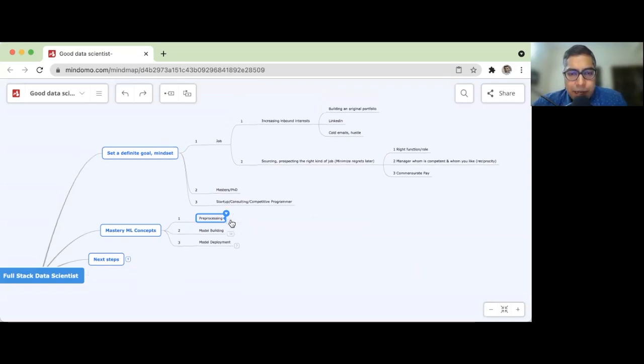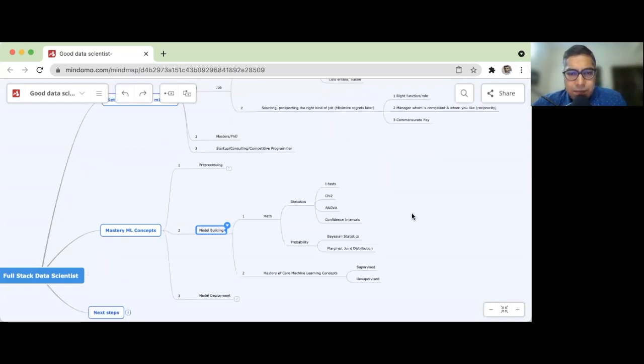In terms of model building, at the core, it really depends on what your goal is. If you're looking for actuarial roles, you want to be very heavy on math and statistics. It's like in cricket: you must know batting, bowling, and fielding to get your foot in the door, but you start specializing in one of them. You can know this by month 3 or month 4 of the course.